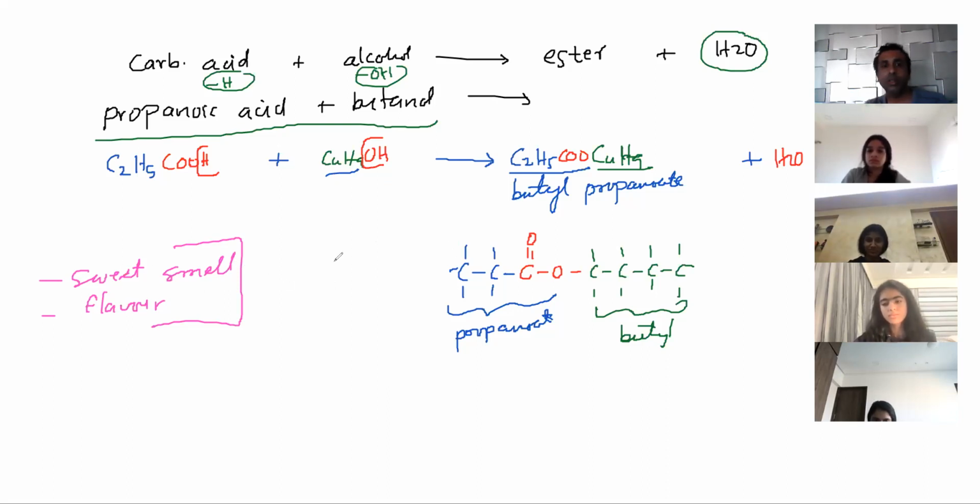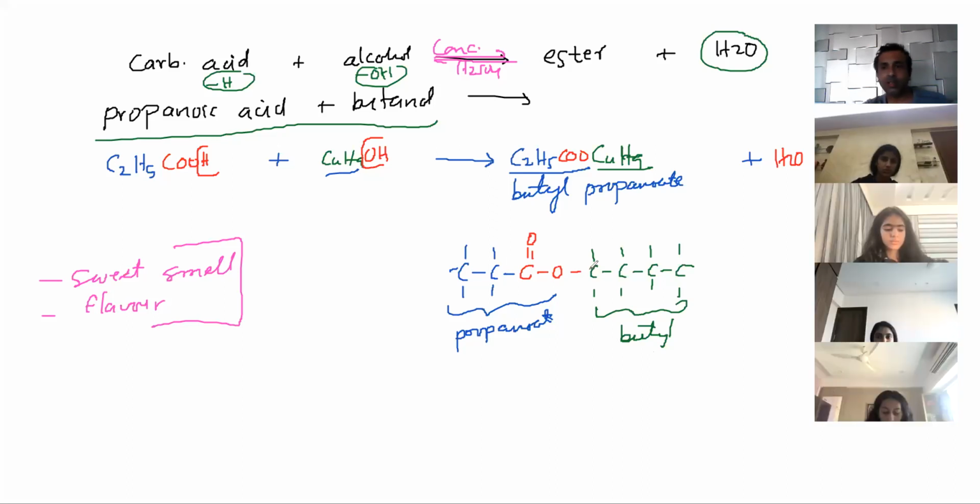Okay. So one more thing: in the esterification reaction, you have to have concentrated sulfuric acid as a catalyst. It's a reversible reaction, but that point is not so important. You may write it, you may not, but concentrated sulfuric acid is the catalyst. All right, all good? Okay, so we finished the main organic chemistry.